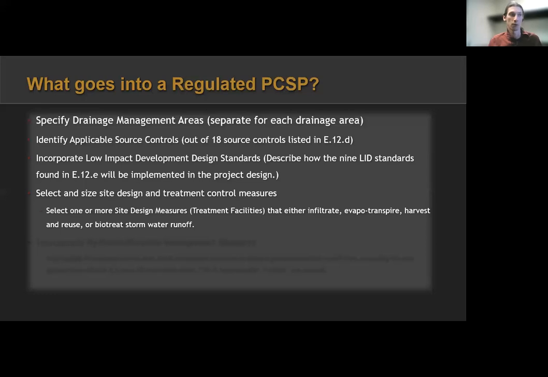So we select one or more treatment facilities, is what I like to call them, that will either infiltrate, evapotranspire, harvest and reuse, or biotreat stormwater runoff. And so that might seem like a big, scary word. It might seem like, what am I doing here? This is crazy. But think of it like a vegetated swale, a retention basin, underground infiltration area, those types of things. So those need to be selected, and then they need to be able to meet the goals, the runoff